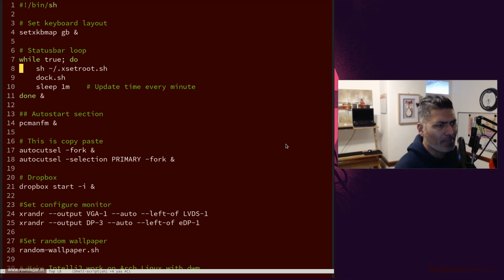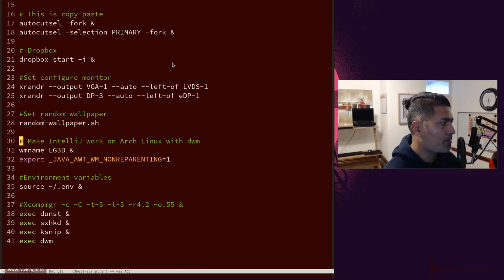time and bring some updates to my task bar, which is of course something that you can do very easily using a shell script. And I've mentioned this before, and I run it in a loop, so it is always running. Then I do a few things, and I also set my external monitor if I want, and I also set my wallpaper. But I also use this file to set some environment variables, like just one in this case,